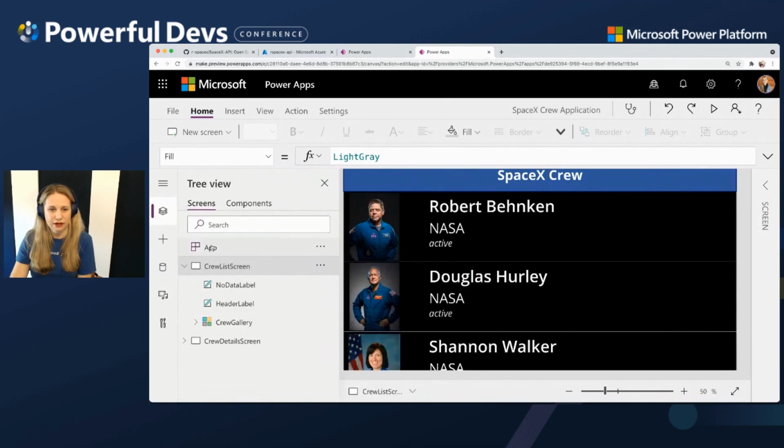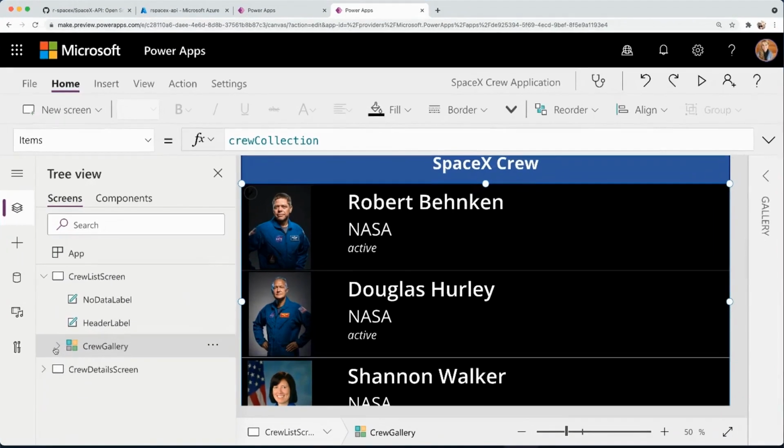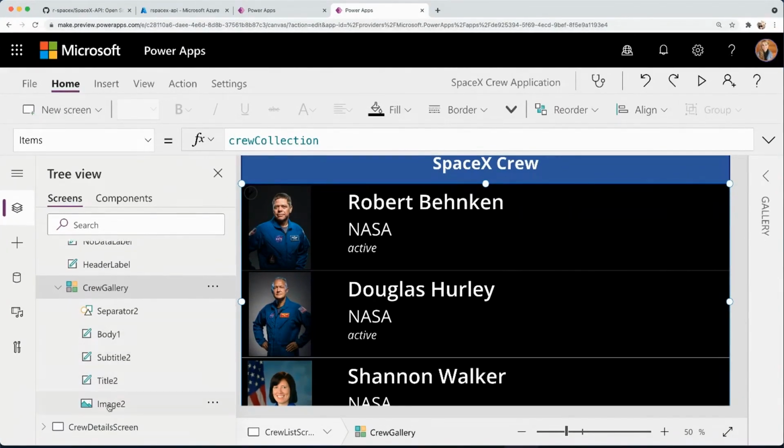And then here is my app. We're just on start here. I am just creating a collection to cache this data that I've pulled from that custom API. And that's the call there to get the crew. And I'm on the crew list screen right now. I just wanted to highlight a couple of things that I thought are really cool. So here, if I expand this gallery,